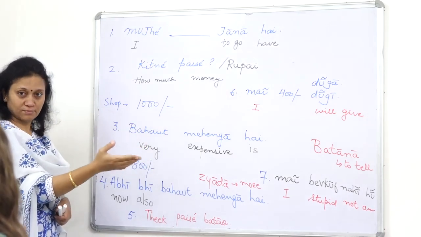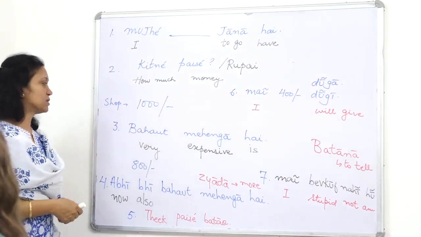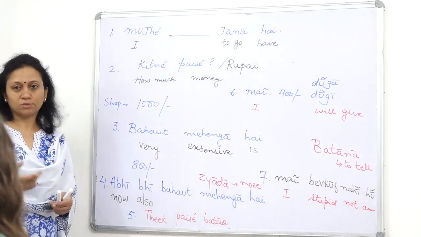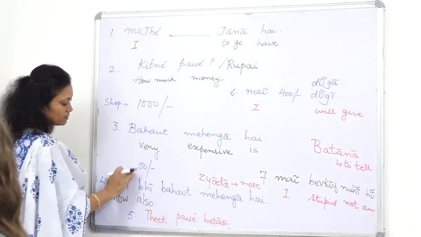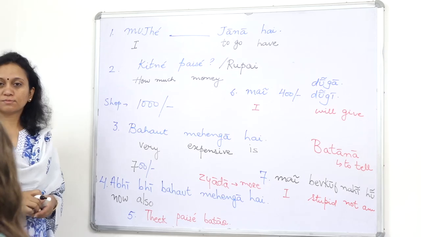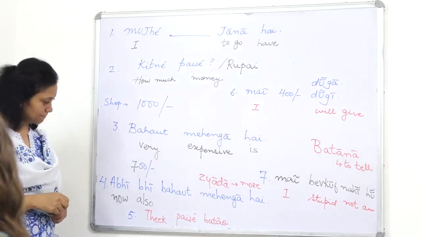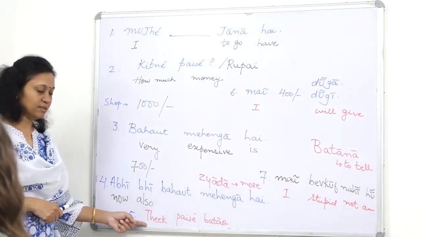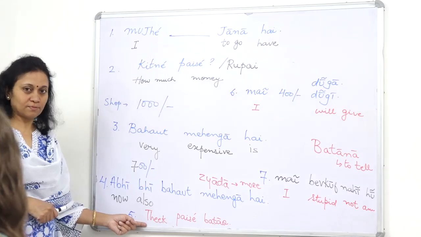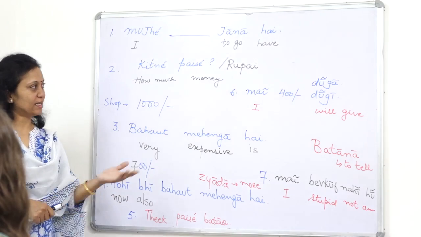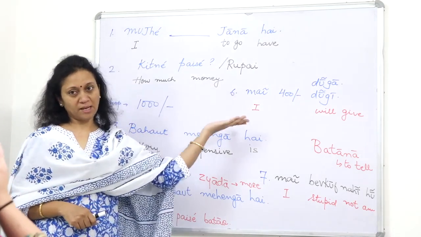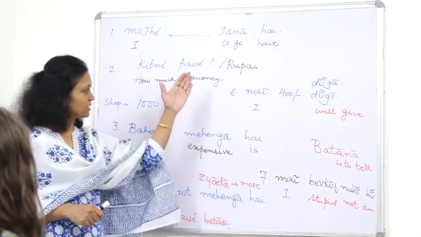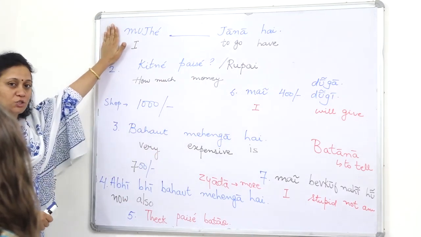Okay? So then you again say, बहुत महंगा है. And he says, petrol prices high, madam, very far, you know. So he'll give you something like, okay, 700. And then you say, अभी भी बहुत ज़्यादा है. And then the driver says, ठीक पैसे बताओ. And then you have to finally give him the price and you say, मैं 300 दूंगी. So the rest, everything remains the same. It's just the first sentence that changes.